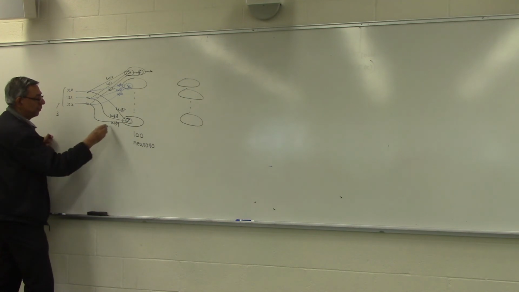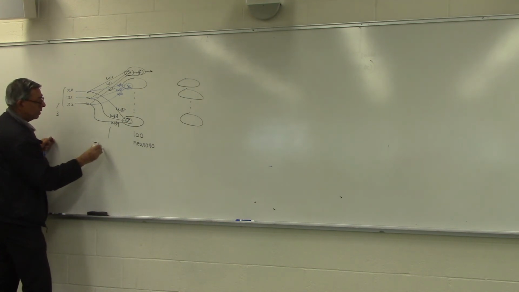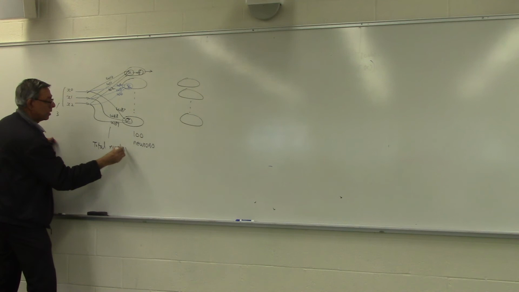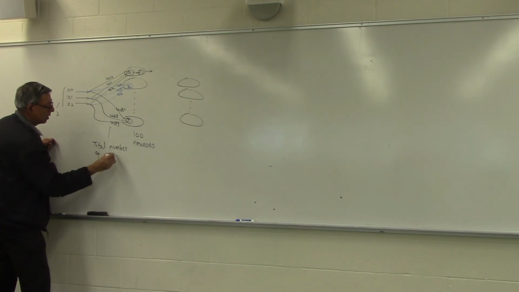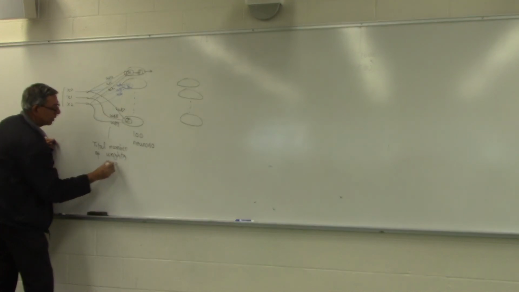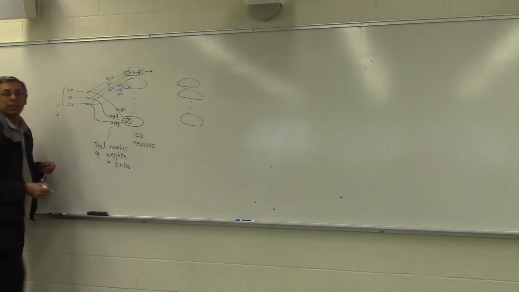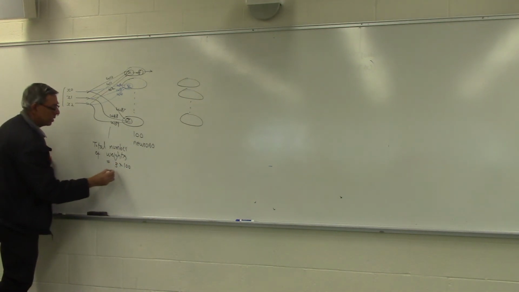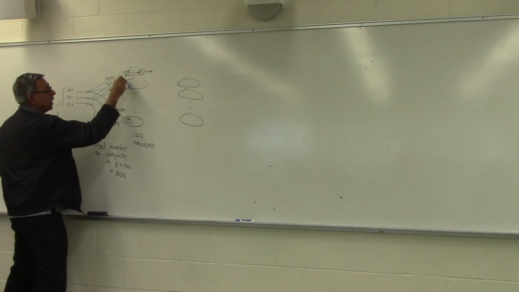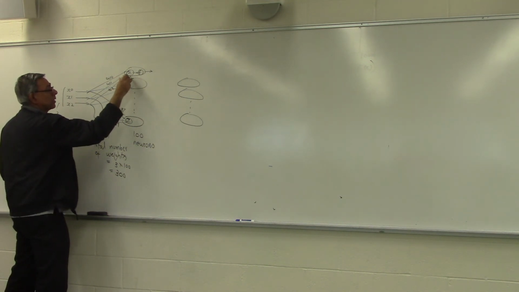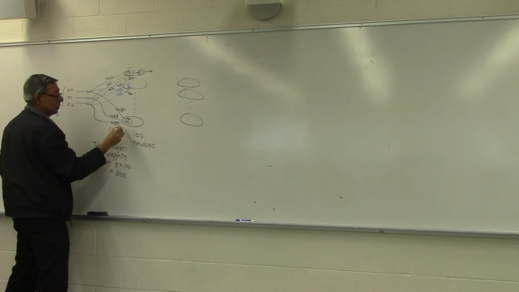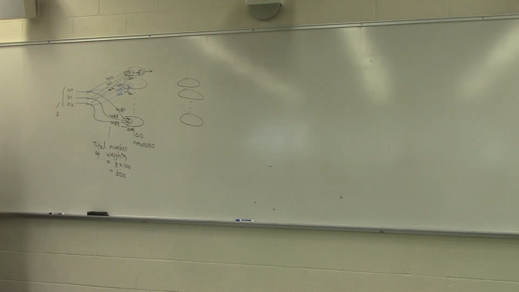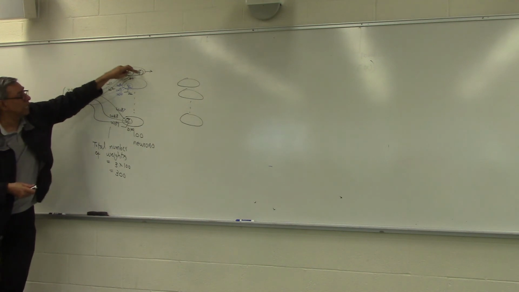Total number of weights will be 3 times 100, right? 300. And each one of them has one extra input called the bias. This could be B1, B2, let's say B100. Okay, so there will be 100 bias inputs, 300 weights, deciding how this should be summed, then further passed through